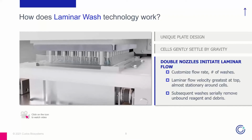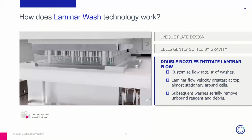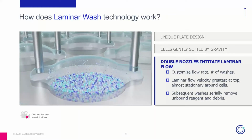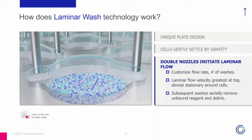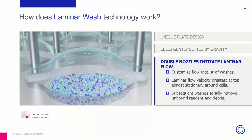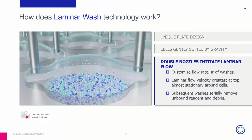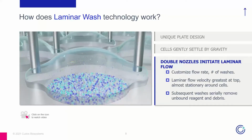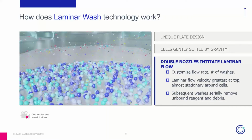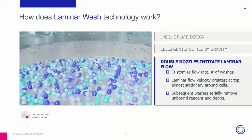But each well has 2 nozzles, so you end up with 192 nozzles total. You have one that delivers liquid on the left and one that's aspirating liquid on the right. So you can see as you're adding liquid to the drop, you're creating a laminar flow that removes all of this unbound reagent, antibody, dead cells, debris, and then the aspirating nozzle is going to collect that and remove it